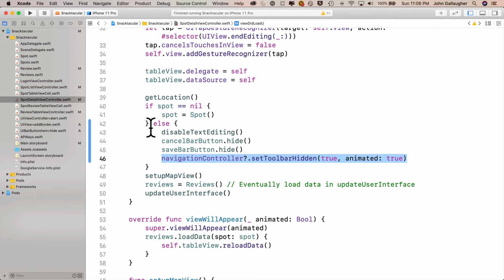That's all that are inside of the initial navigation controller. That's our initial view controller for this app. So we need to show the toolbar when we return to the spot list view controller, since that's where our sort segmented control is. So what I'm going to do is highlight this line that we just wrote, copy it,